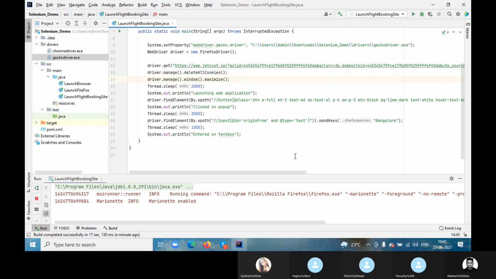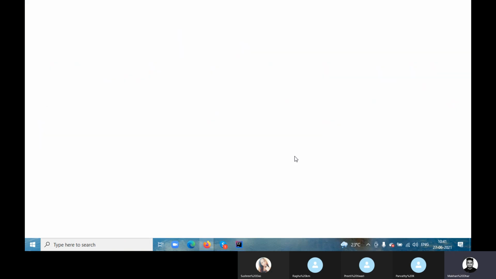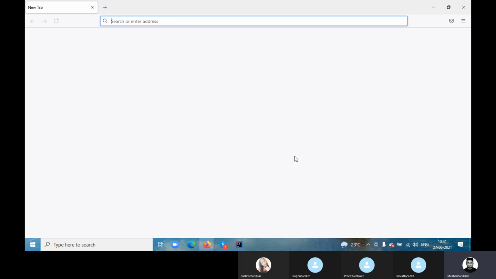Sometimes even when you do not use a wait after one or two elements, manually also it takes time, right? So you have to use a thread. Maybe I used fewer seconds, so I just increased the thread and see.